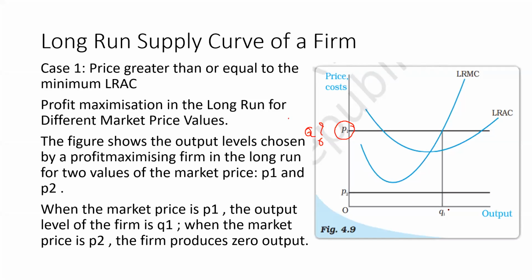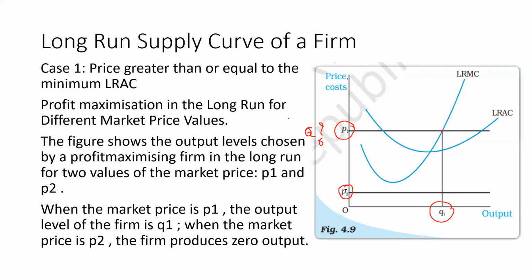Yes, very good. We are going to produce the Q1 amount of quantity. So here you can see this is the line. This is a point where it fulfills all the three conditions. So I'm not going to repeat the three conditions again. It should be by-hearted by now for you. Okay.